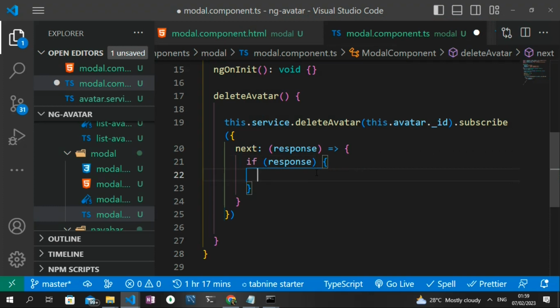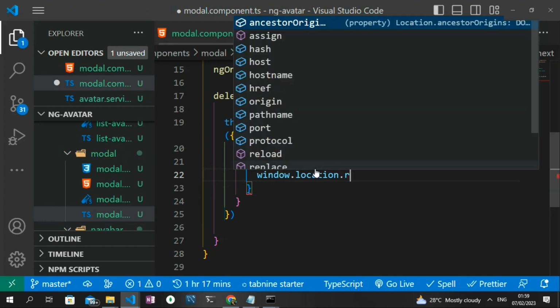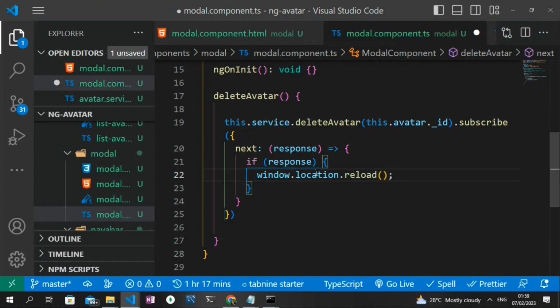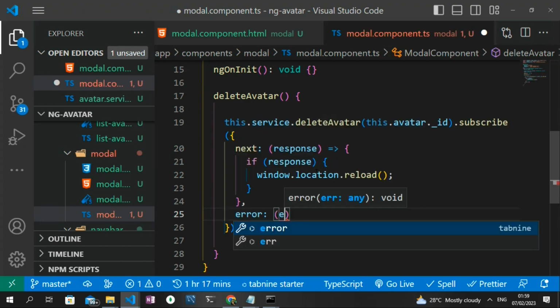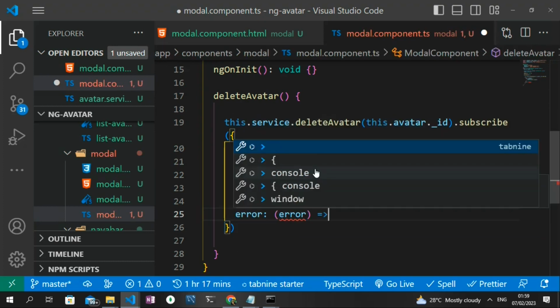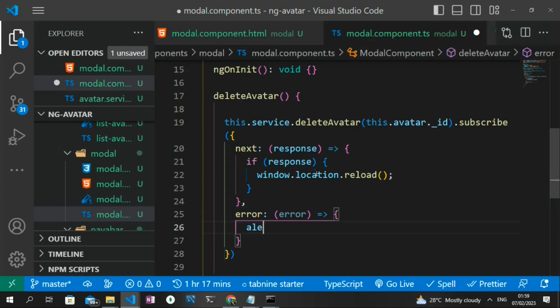So I can just say window.location.reload, and if there is an error, I can just pass in the error observer by saying error, and then pass in the error, use the fat arrow, and then we can alert the error. So we can save, and before we save, actually we need to call the delete avatar function in our modal